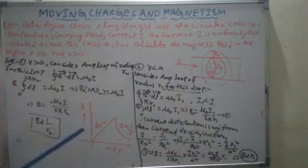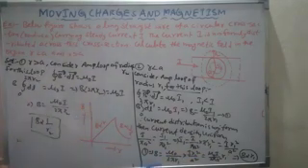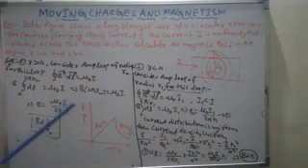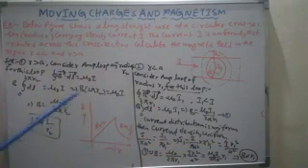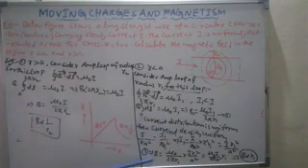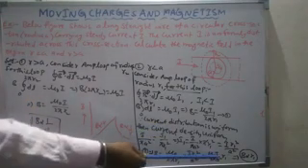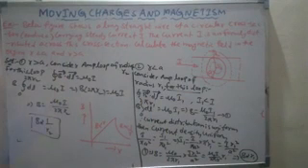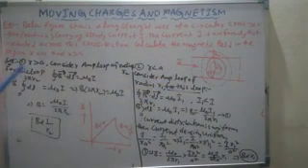Then easily we can compare. Inside the wire, how does the magnetic field depend upon the radius of the ampere loop? Outside the wire, the magnetic field is inversely proportional to the radius of the ampere loop. Inside the wire, the magnetic field is directly proportional to the radius of the ampere loop, up to the surface. Then where is the magnetic field maximum? On its surface, the magnetic field is maximum.